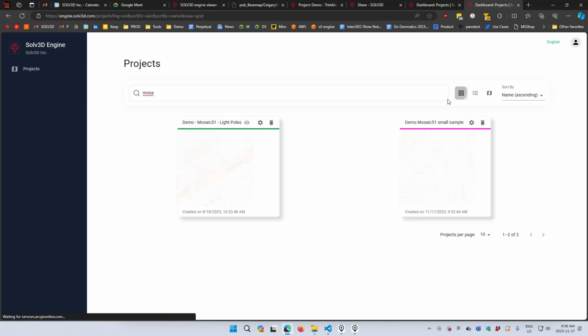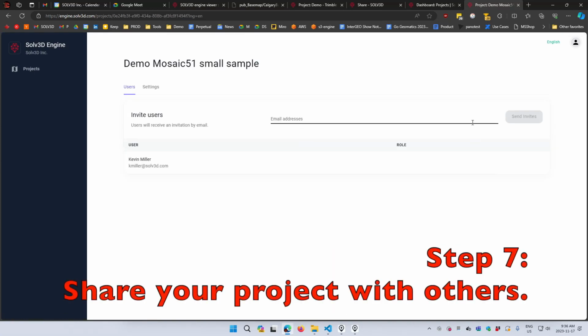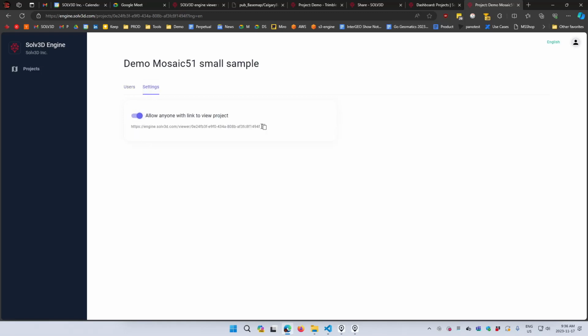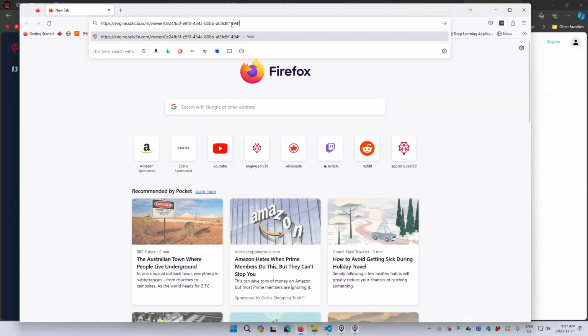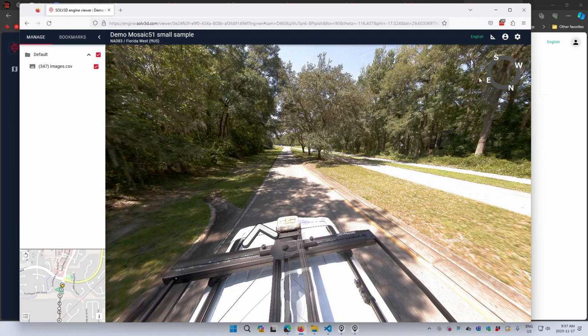If I want to share it, I go to the gear icon here, and I can either keep it private and share it with just a couple users by typing in their email address and hit send invites, or if you're okay with sharing it with the world, sharing it online, you just go to settings, allow anyone with link to view project, and you can just copy this link. So if I open, say, Firefox, for example, just paste this over here, you can see there it is, anonymous access,